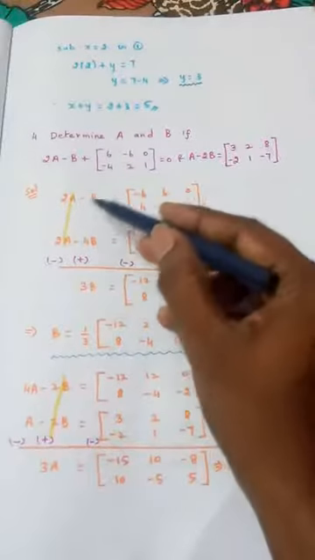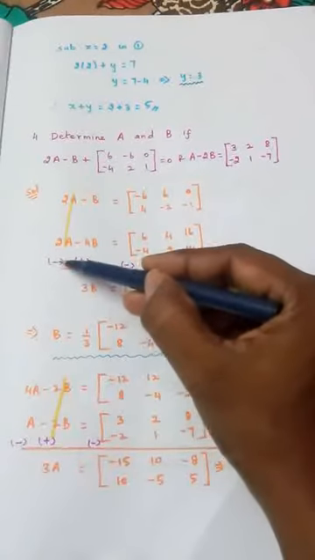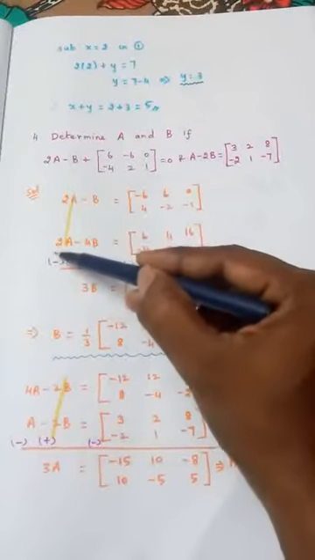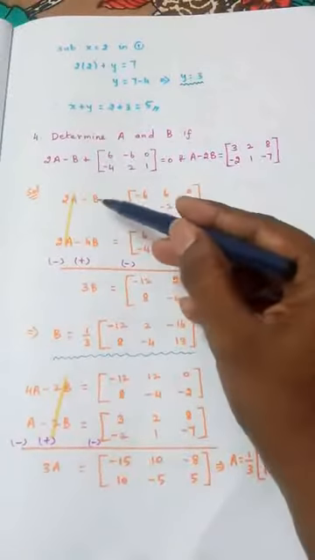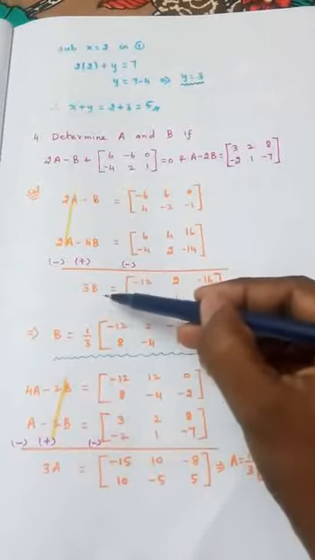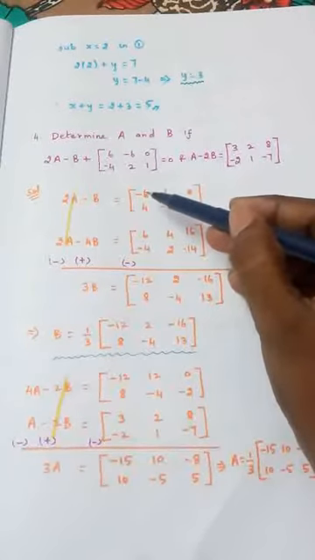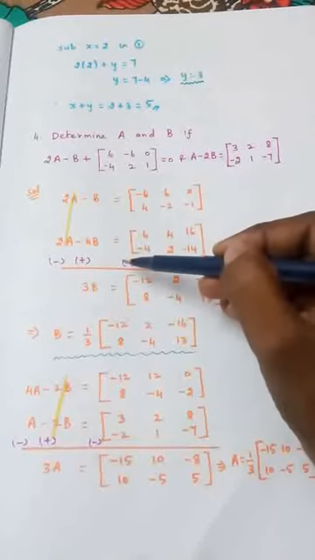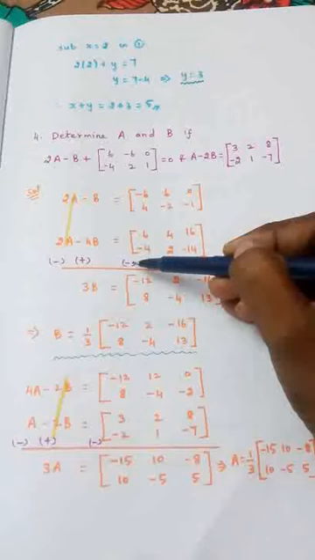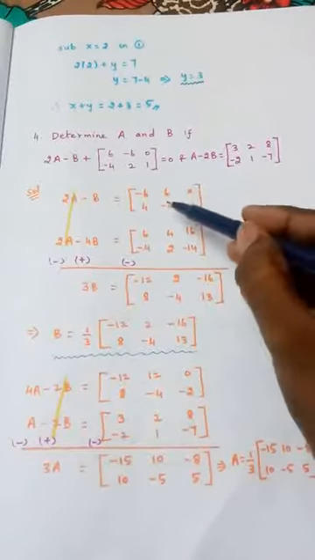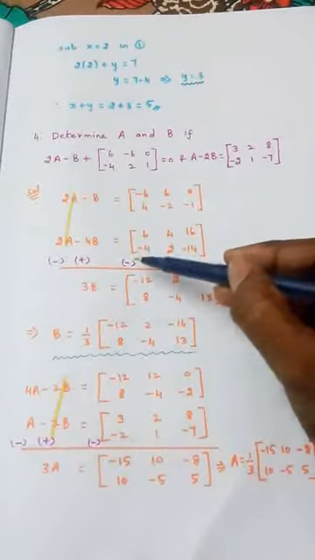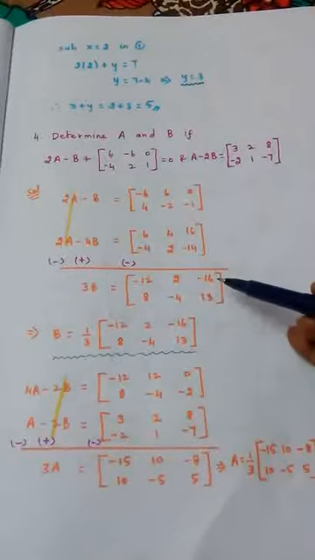Why? Because to cancel 2A. So changing the symbol, minus becomes plus, plus becomes minus. So 2A gets cancelled. Minus B plus 4B. This is the symbol now. 4B minus B, 3B. If you see corresponding elements, now see minus 6, minus 6. Again I will repeat, minus 6, minus 6. This minus 6. So minus 12. 6 minus 4, 2. 0 minus 16, minus 16. Like that we have to do.